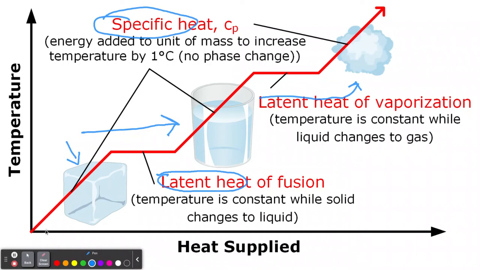So when you're going from one change to another, just look at this graph here. Here the temperature is increasing, but once you get to this part, you can see the temperature is not increasing because this is the beginning of a phase change. And during the beginning of a phase change, temperature does not increase. And you can read it right here. Temperature is constant. And the reason why is because heat is needed